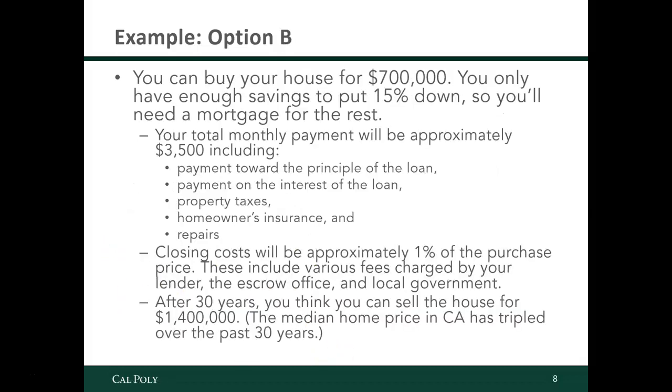Okay. Option B, you can buy your house. It's going to cost $700,000, but you only have enough in savings to put 15% down, so you're going to need a mortgage that covers the rest. A mortgage is just a name for a really big loan, typically used for houses. Your typical monthly payment is going to be approximately $3,500, and that doesn't just include money that's going towards $700,000, right? You think, oh, well, I'm going to be paying $7,000 every 2 months. It should only take me 200 months then to pay off $700,000, right? No, you're going to end up